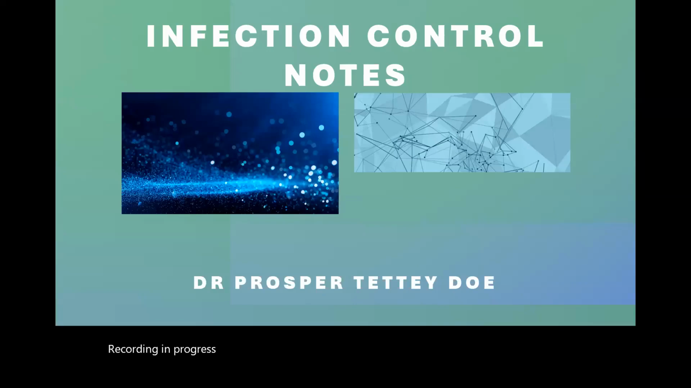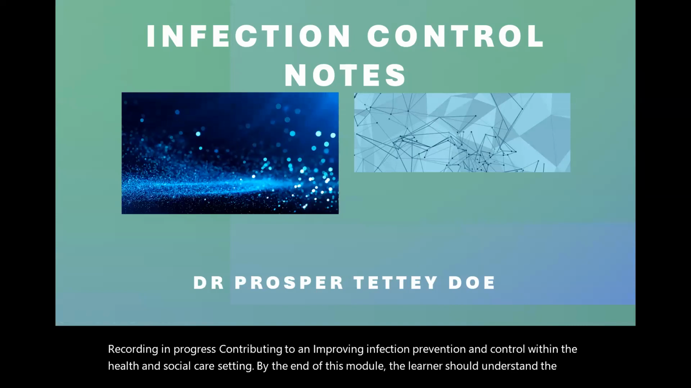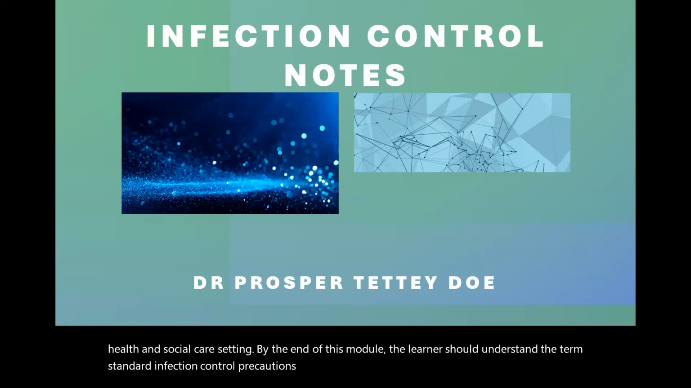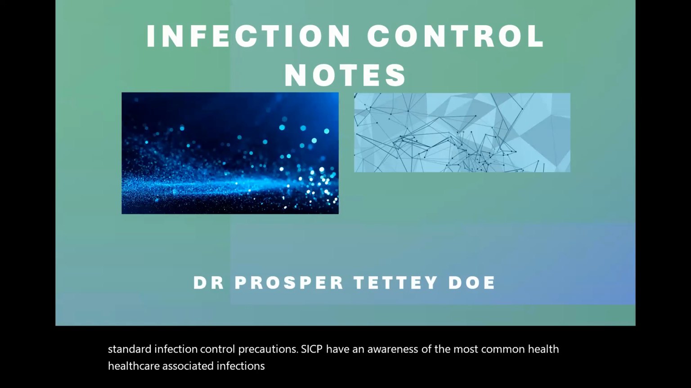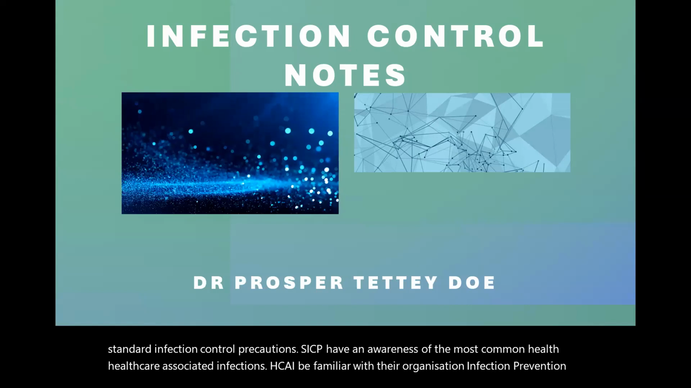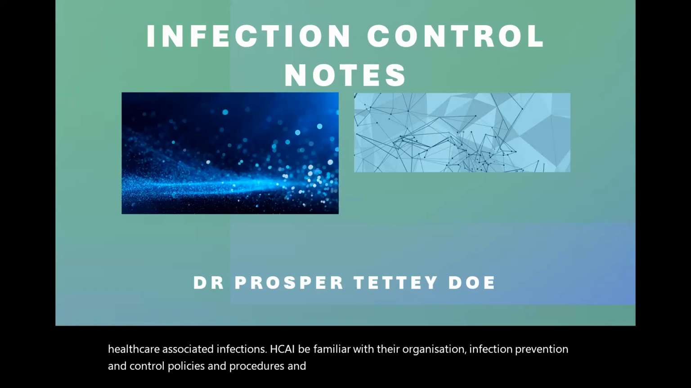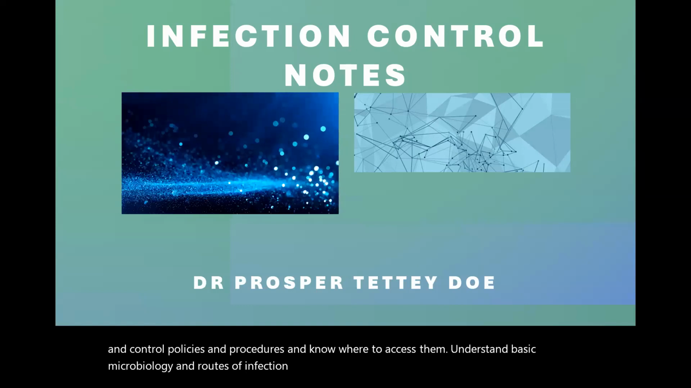Contributing to and improving infection prevention and control within the health and social care setting. By the end of this module, the learner should understand the term Standard Infection Control Precautions, SICP, have an awareness of the most common healthcare-associated infections, HCAI, be familiar with their organization's infection prevention and control policies and procedures and know where to access them, understand basic microbiology and routes of infection transmission,